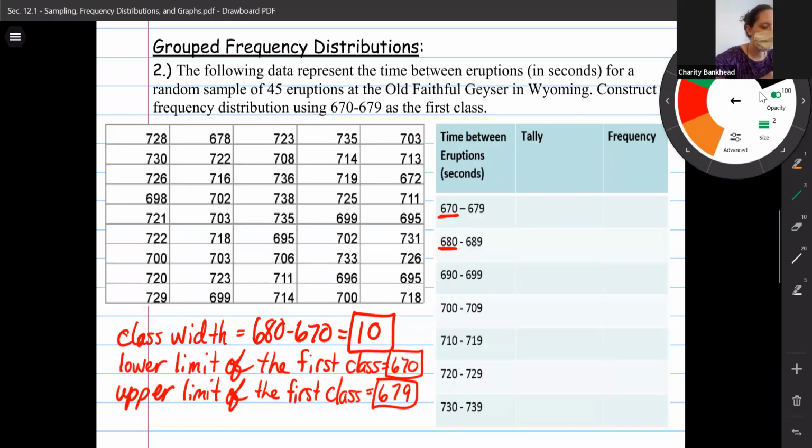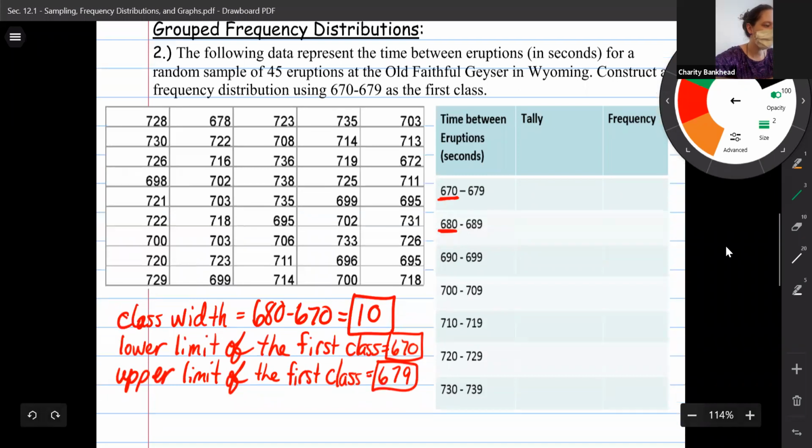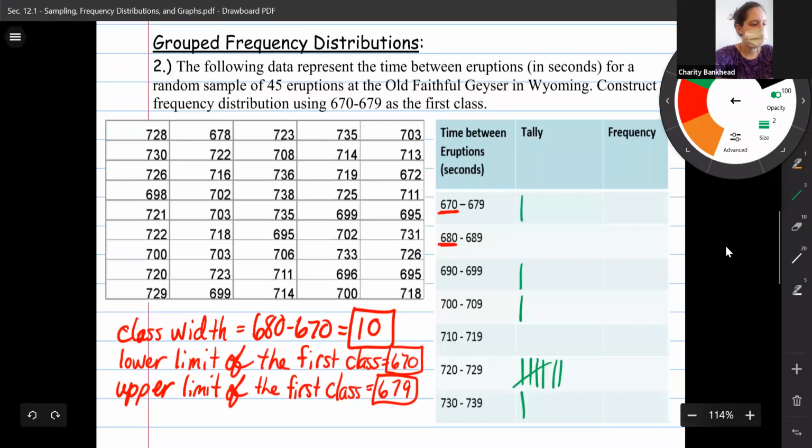Okay, so I'll go ahead and fill in the tallies. And I'm just going to go column by column. So 728, 730, 726, 698, 721, 722, 700, 720, 729, and then go to the next column, 678, 722, 716, 702, 703, 718, 703, 723,